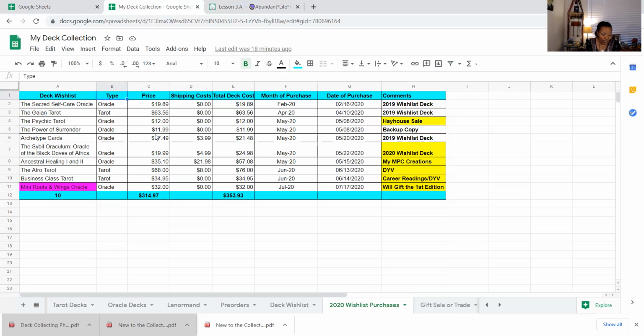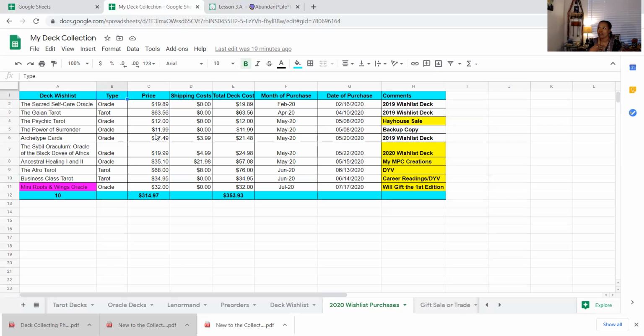I would say the disadvantage though is hawking your wish list and being so rigid that you're hard on yourself when you actually make an impulse purchase, or you're hard on yourself when someone gifted you a deck and you're like, I should not have gotten that, that's not on my wish list. It's a tool. It is not meant to minimize your feelings, minimize who you are as a person or who you are as a collector. But again, these are just tips to help those who don't know on their journey.